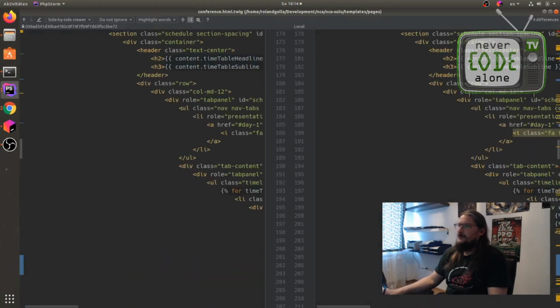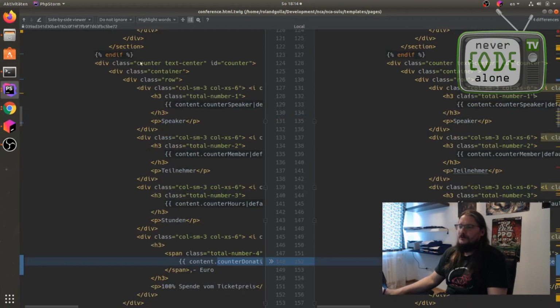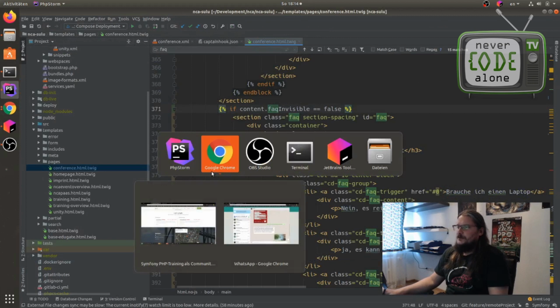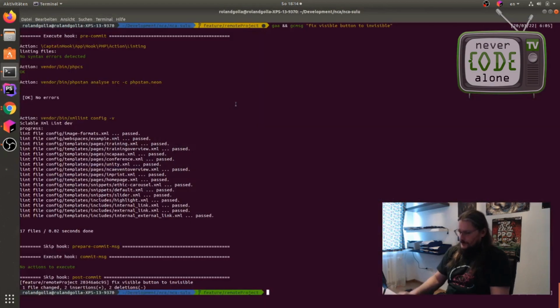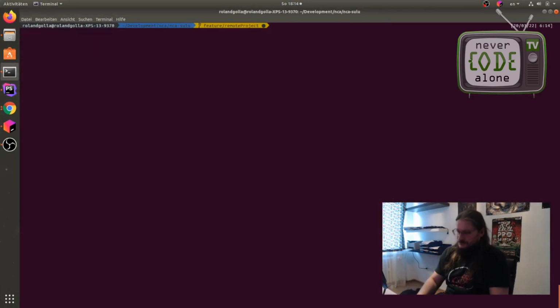I think everything is in one commit. Okay. Now I can say git add all, add remote features to conference twig file.